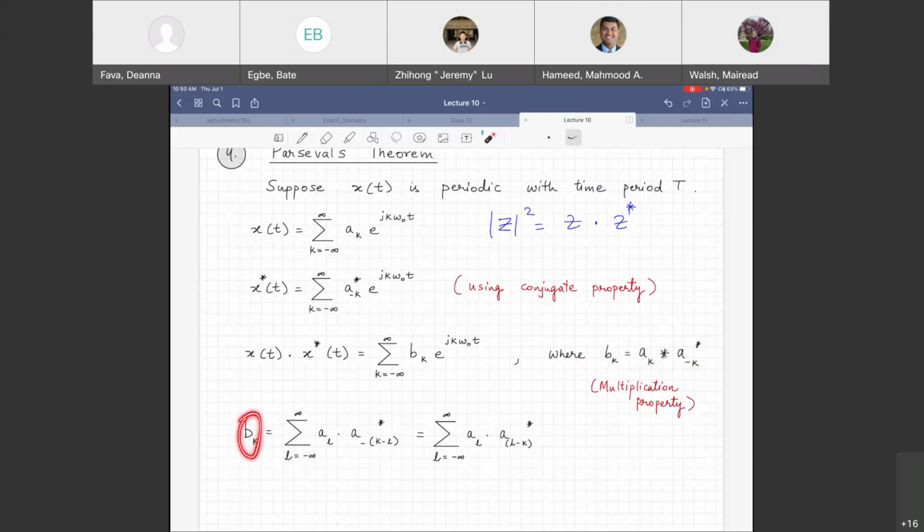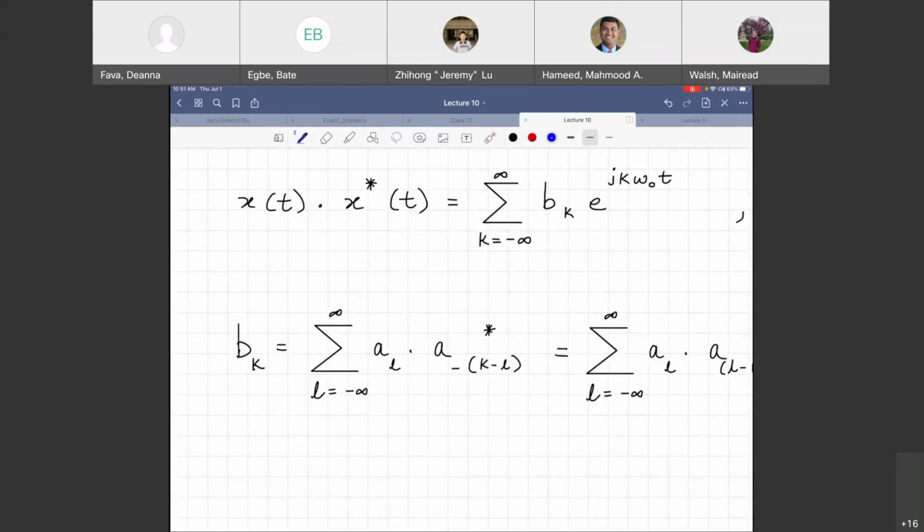All right, so let's now try to evaluate b sub k. We have seen the discrete convolution formula many times. What is that? Summation of m going from negative infinity to infinity, x of m, h of n minus m, right? We are just representing the same thing, but with different n and m values. So b sub k equals, so try to compare this with this. This was our discrete convolution.